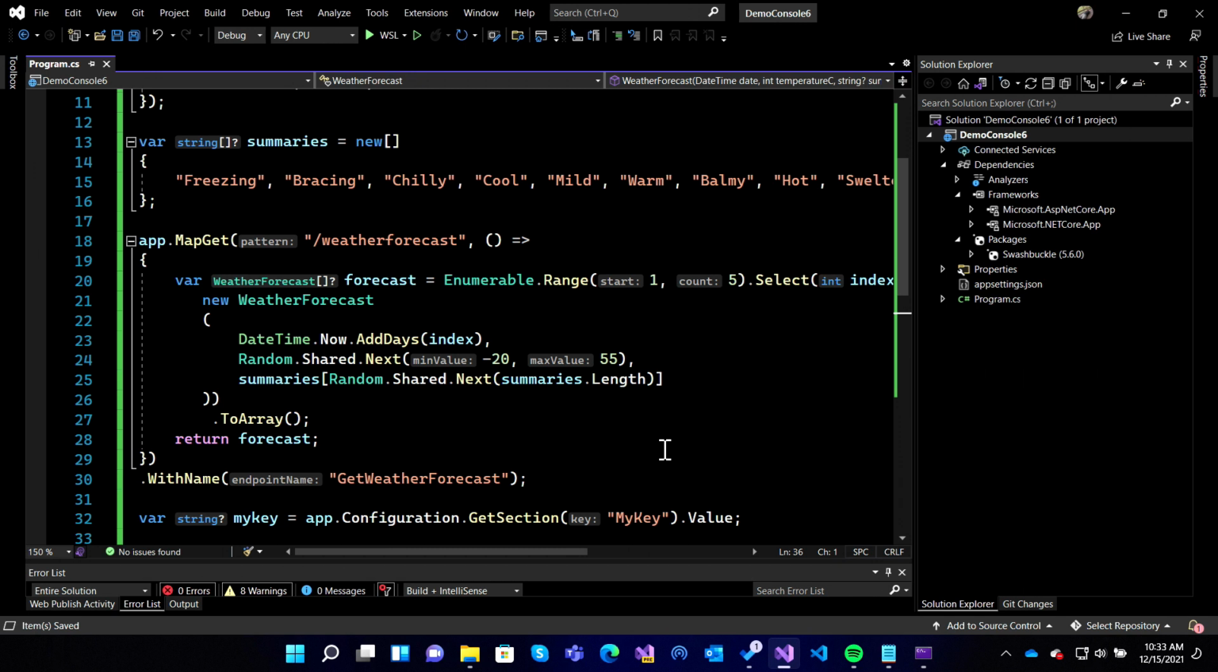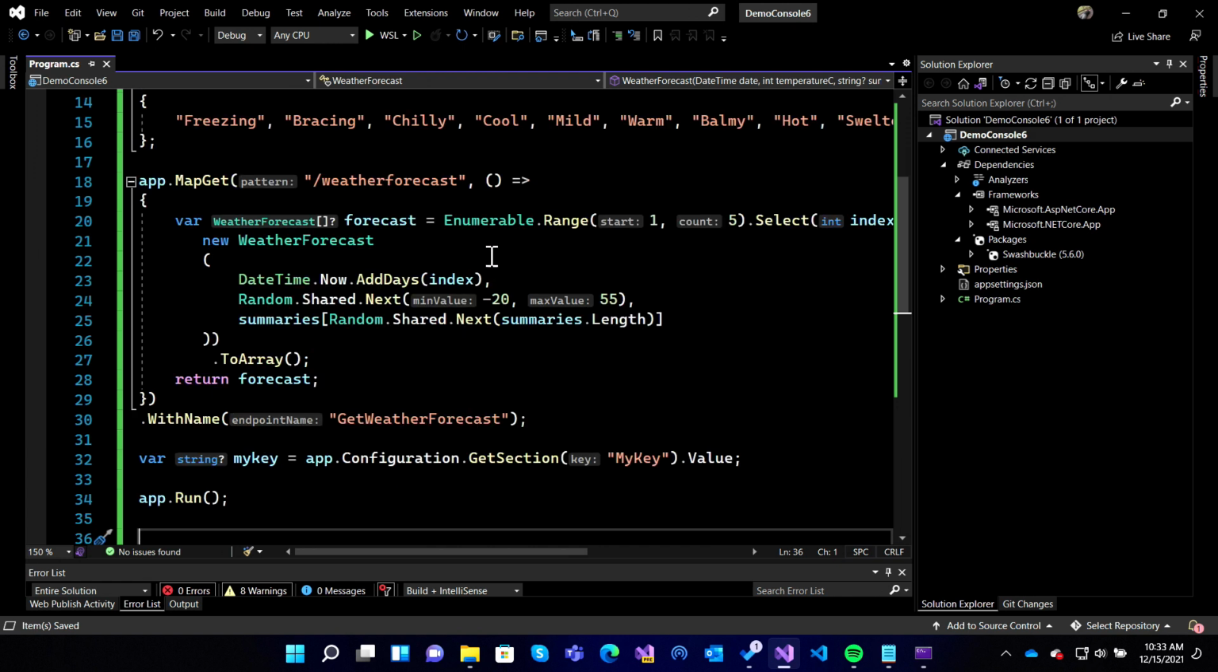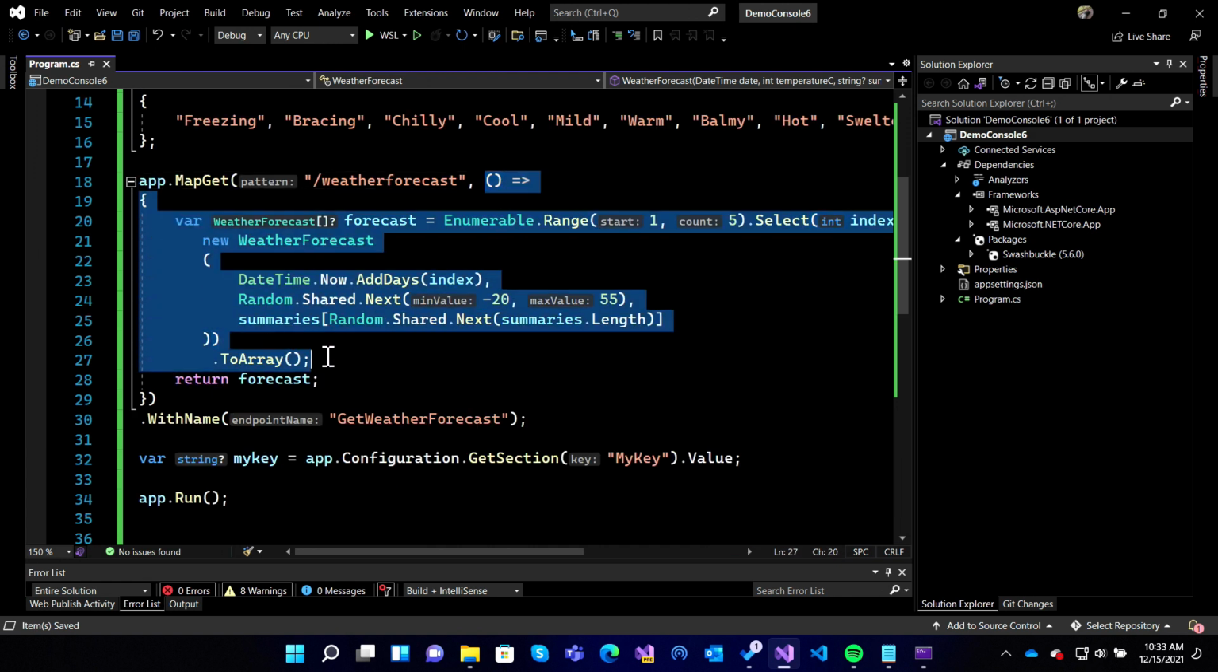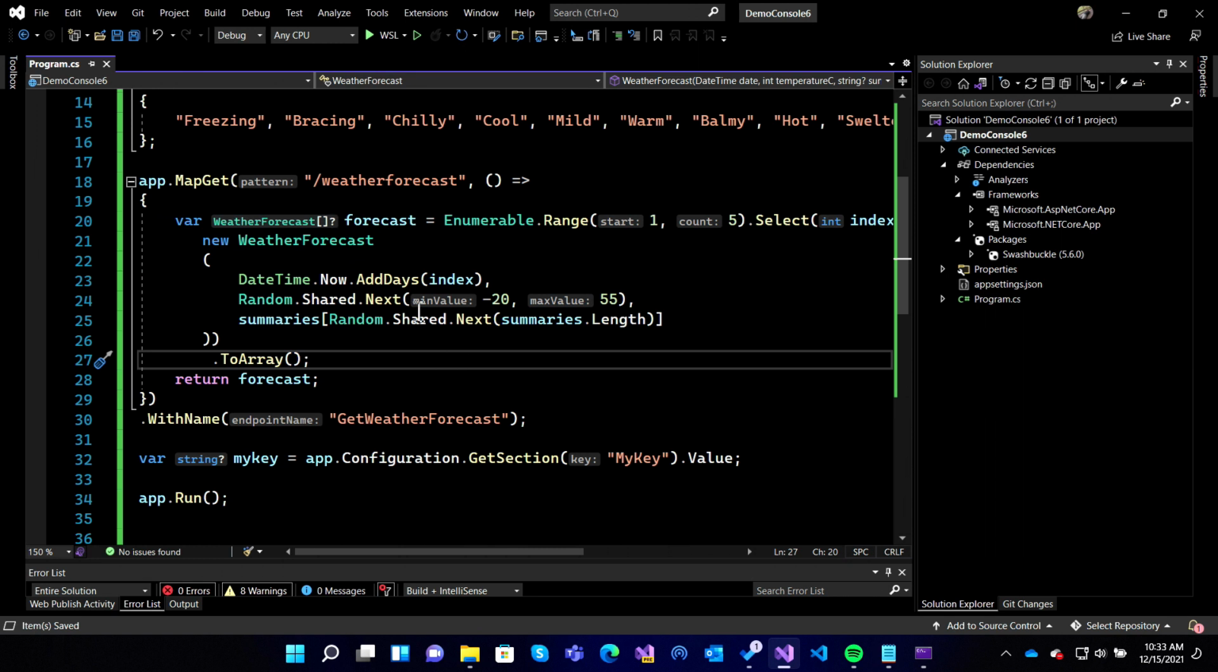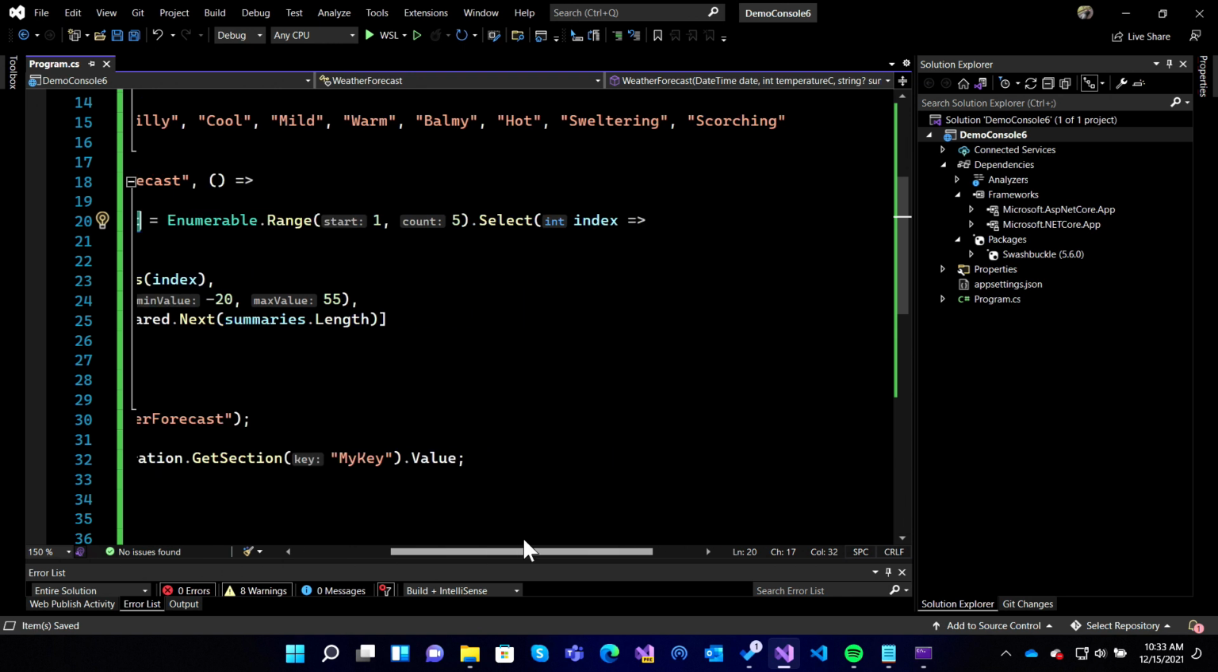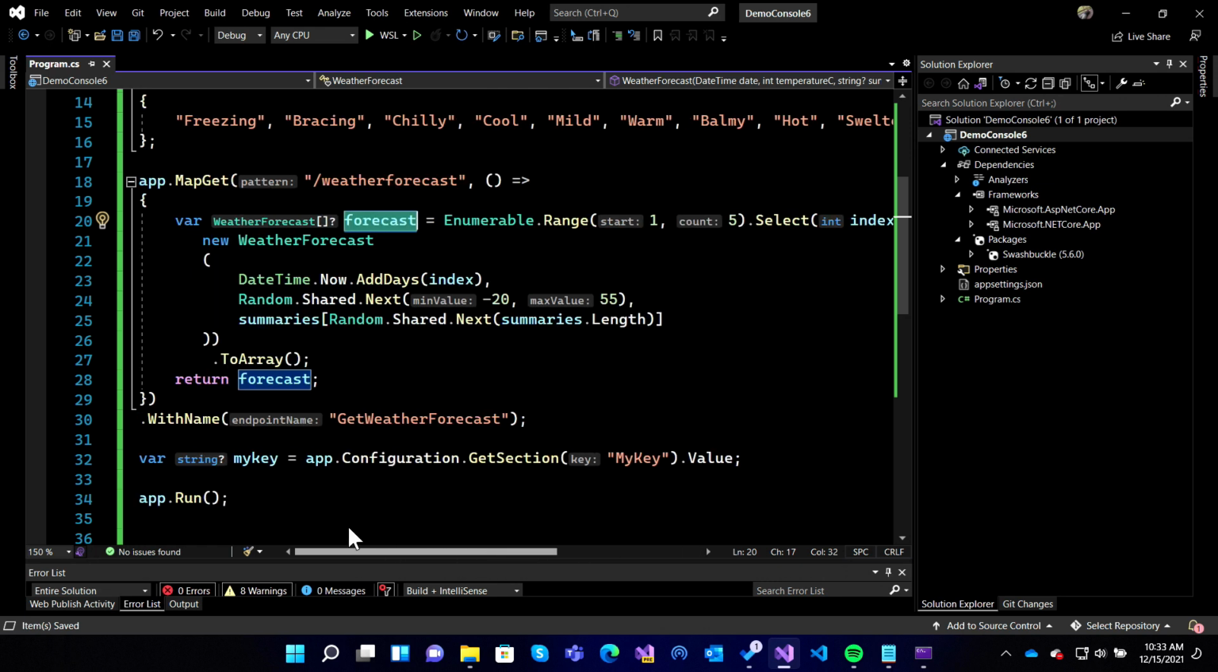All right, so we've got this app.MapGet. We're going to map this to /weatherforecast, and this is an inline delegate, an inline lambda function, that says, what happens when someone comes to /weatherforecast? Well, we're going to do this stuff. We're going to create this weather forecast array, forecast, and it's an Enumerable.Range that starts at 1 and goes to 5. So I'm only going to pull 5. I'm going to randomly create 5 weathers, if you will. And so it's a Select with an index, and I'm going to create a new WeatherForecast